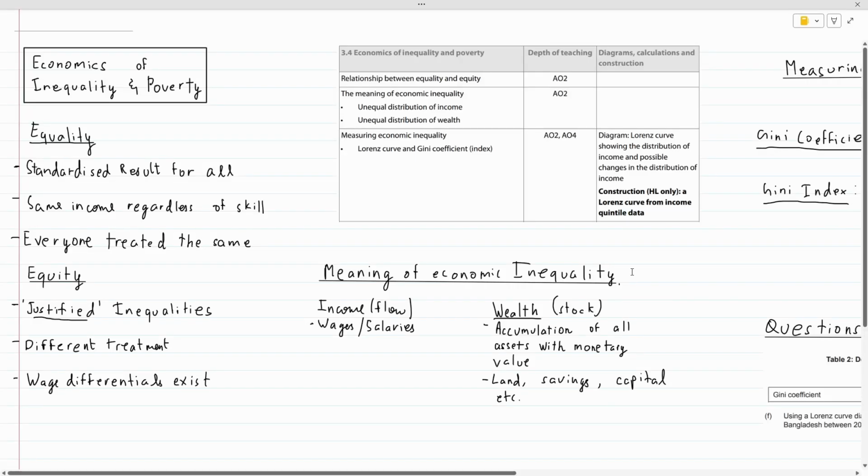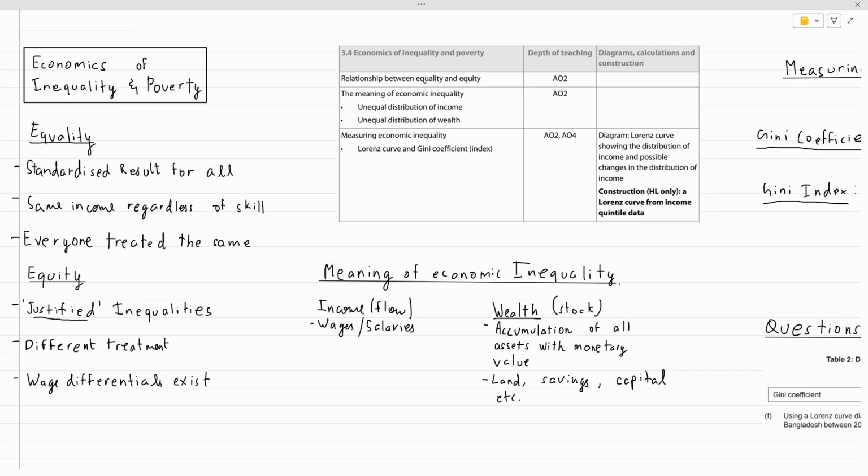Yeah. So today we're going to be discussing the chapter on the economics of inequality and poverty. This is quite an important chapter as it tends to show up a lot on Paper 2, in 3 and 4 markers and 2 marker definition questions as well. It's also relatively common in the Paper 2 macro question 2 for the 10 mark questions especially.